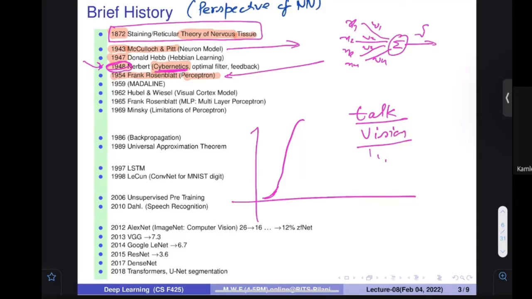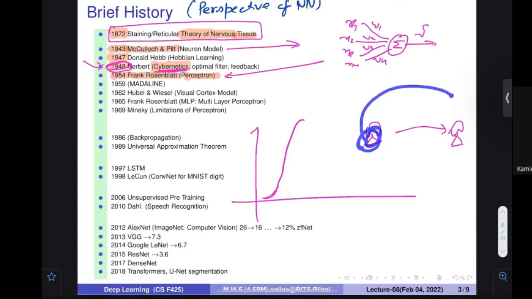One such system was developed at that time. At that time people were talking using telephones. In the telephone system, when you are talking from one phone to another, if you are speaking something at this particular place, that voice goes to the receiver, and from the receiver it may again come back to you. So you would be listening to a kind of echo in your voice, and it would be very difficult to talk. The system was developed, but it was very difficult to talk because a lot of echoes were happening in the system. So the first system using a neural network that was developed was the Medline, and it actually removes the